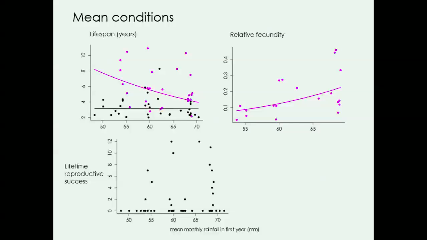So let me walk you through these plots. So this is the effect of the mean rainfall in early life on various aspects of survival and reproduction. So you're going to see two sets of these plots. And this top plot here is showing the effect on lifespans. This is in years. The second plot here is something I've called relative fecundity, and I'd be really happy for any suggestions of a better name, because I don't really like it. But it basically shows the proportion of all individuals that a male could have sired, so all pups that were born into the group during their lifetime, the proportion that they actually did sire.